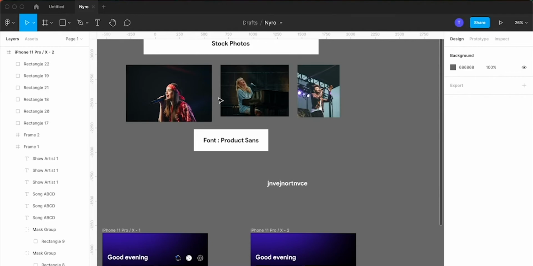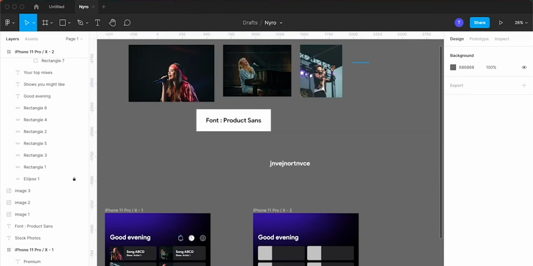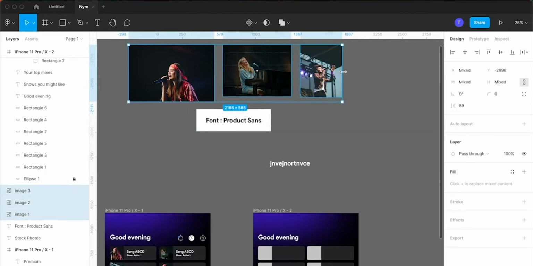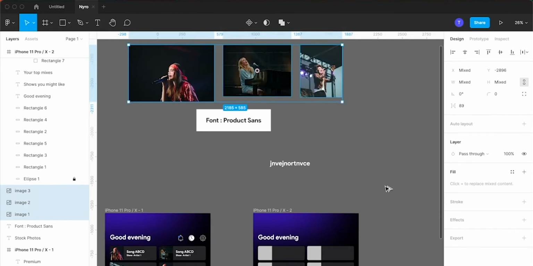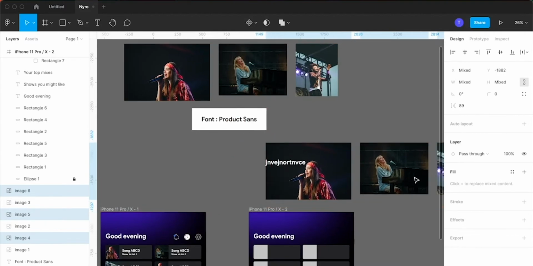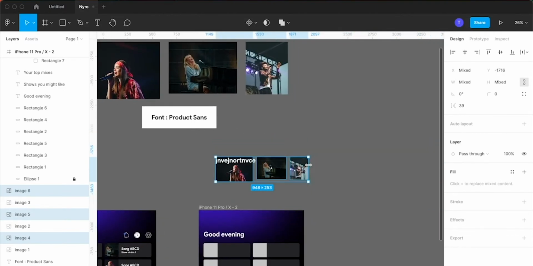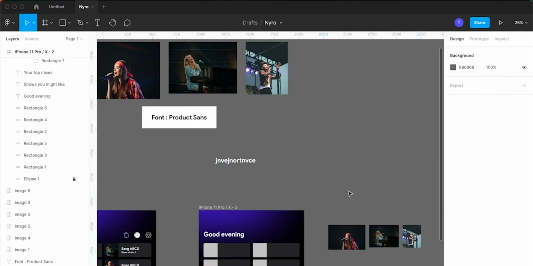Now we just need to fill in these placeholders with various images so that it doesn't look empty. To do so, we need to download some random images from free stock photography websites like Unsplash or Pexels, and then you're good to go. I already downloaded them for the sake of saving time. So these are the photos that I selected for using as cover arts, and we also need to resize them so that we can actually work with them in real life. We don't want such a high quality.